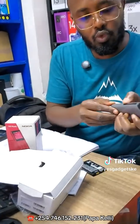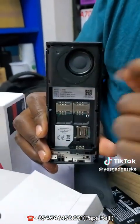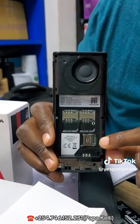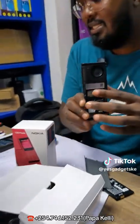Right, so we open this back so that we fix the battery. Inside, this is how it looks. You can see that the speaker is big, and you can fit in two SIM cards, SIM card 1 and 2, and also a micro SD up to 32 gigabytes, not exceeding 32. And then let us fix it,